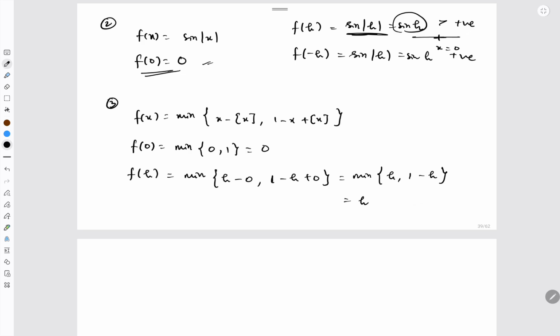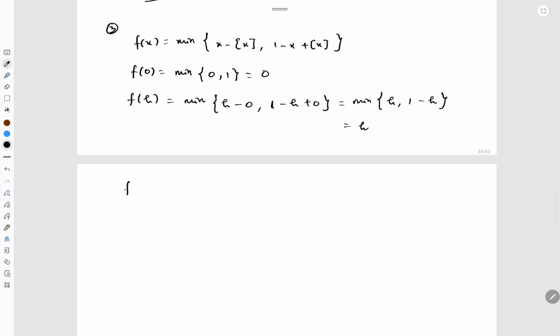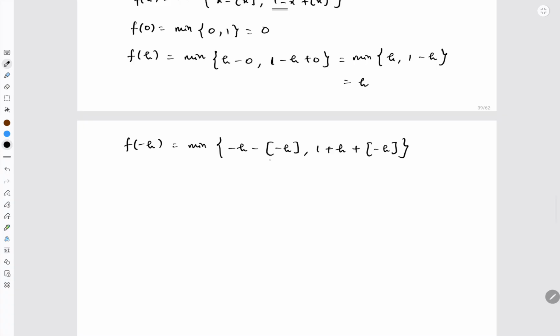So this is h. If I take f of minus h, that is the left side of 0, where h is also a very small positive number, it will be the minimum of minus h minus GIF of minus h, and 1 plus h plus GIF of minus h. Now if h is a very small positive number, minus h is a very small negative number,